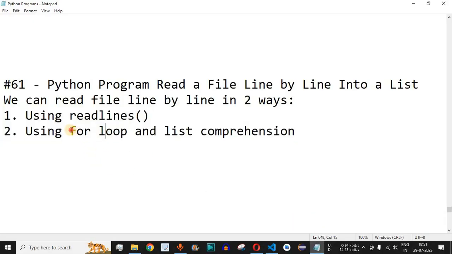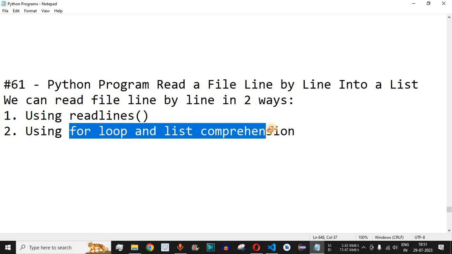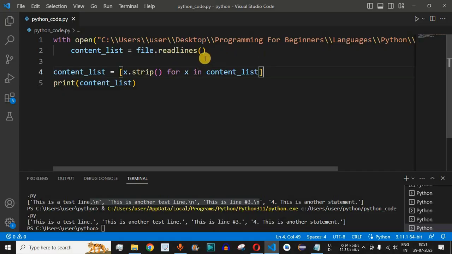Now guys, there is another way. By using the for loop and the list comprehension, we can also read the entire file line by line. So guys, let us check this now with the help of example. The only change that we will have to do is over here, instead of using the read lines, we have to use the list comprehension over here. So we will be using the open and close square brackets over here, and then we will be using the for keyword, and then we will be using the line variable over here in, and then we have file.